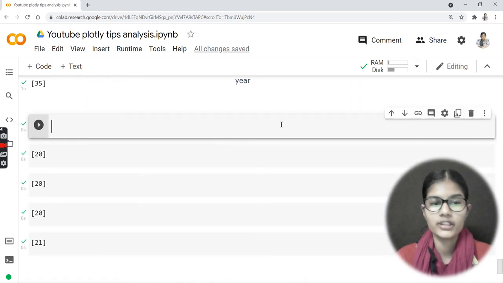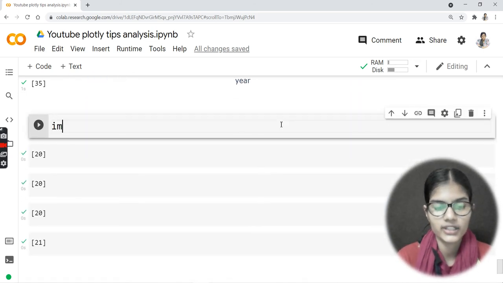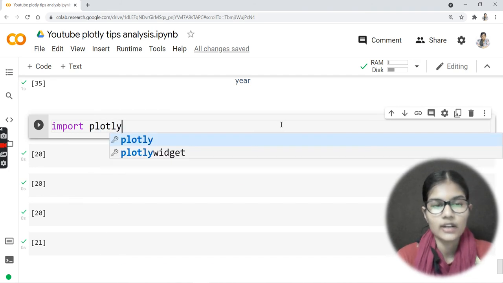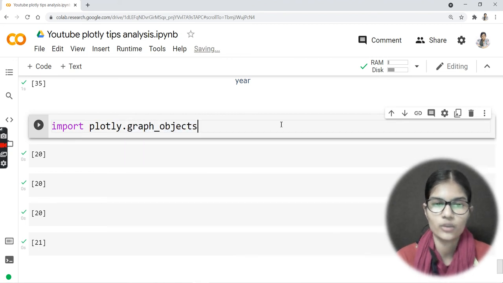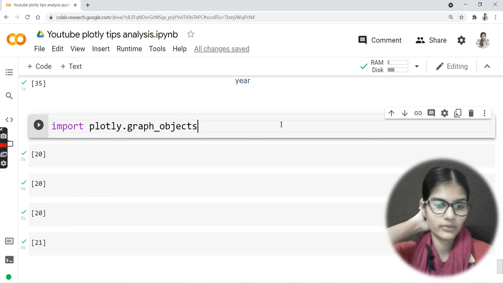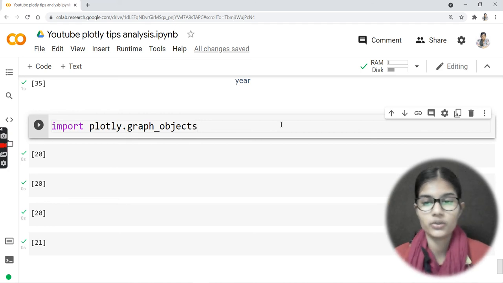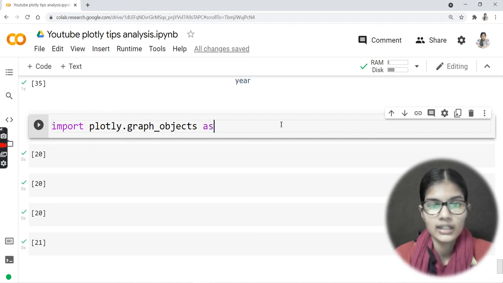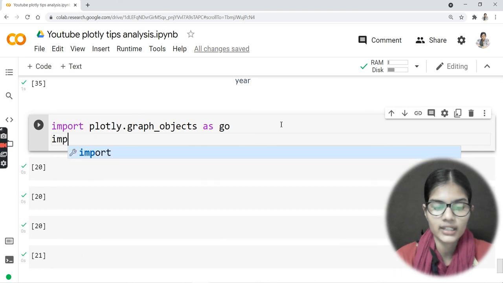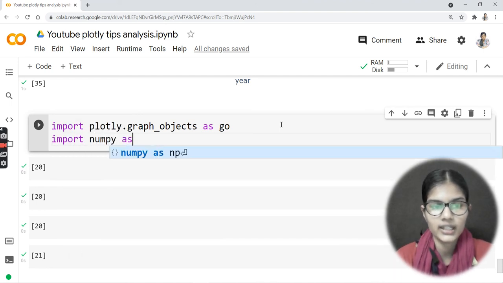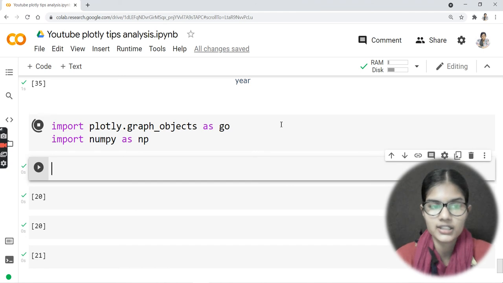Now next we are going to discuss numpy. So I would write here import. Now, in plotly we had one more thing. As we had express, we have another thing here, which is graph_objects. Whenever you are using a numpy library or something like that, we use this graph_objects. So I will import plotly.graph_objects as go, and I would also import my numpy library as well. So import numpy as np, and I will run it.